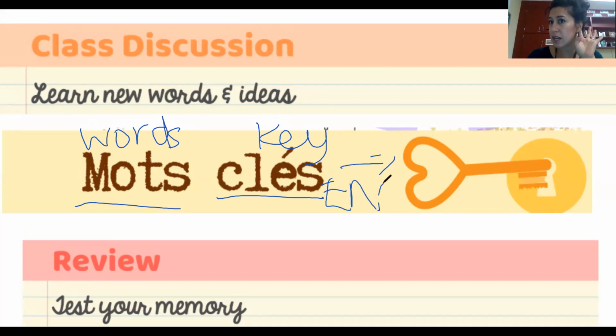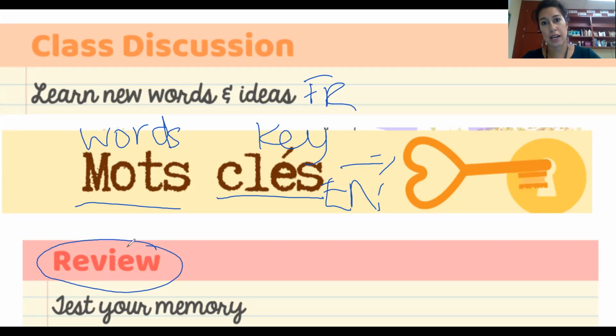The class discussion is in what language? French. So you are listening in French, you're watching in French, and then you're writing the keywords that you hear in English. Keywords are not key themes. So don't be writing, oh, she's talking about her weekend. That is not a keyword. What specifically do I say about the weekend? What words do you hear that are either repeated or important to understanding that? Okay, and then at the end, there's going to be a little review afterwards, and you can only do that once you've watched the whole entirety of the discussion. If you skip some of those, then you can't do the review so well. Okay, so on you go.